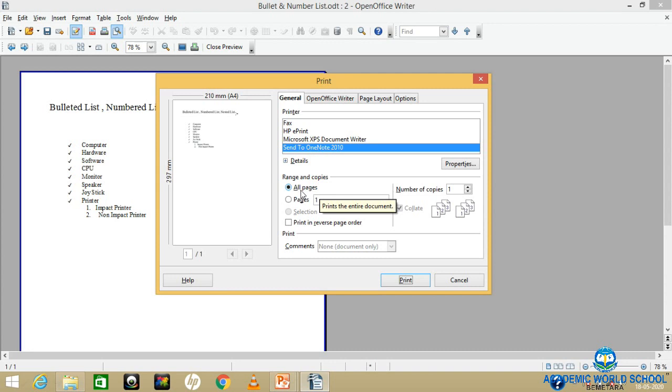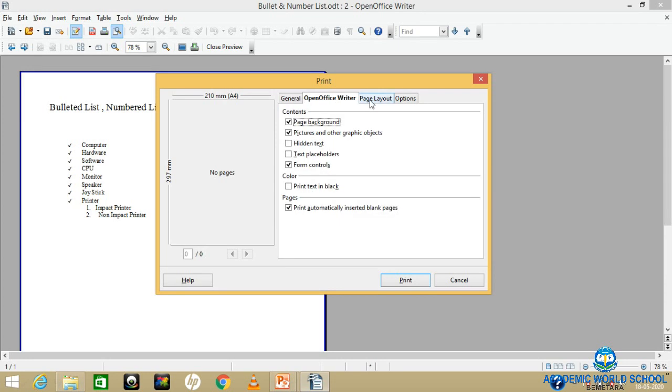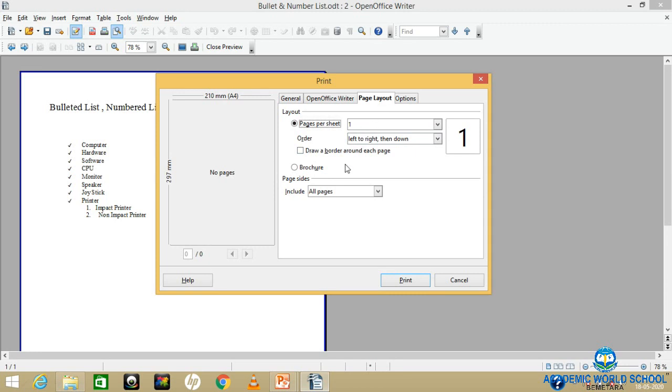And when you click on print, you can see here print, and the shortcut key is Ctrl plus P. When you press it, you will see a dialog box appearing here. This is also showing the preview of the page. Here you have to select general instructions. Here you will find the name of the printer, and range. All range means suppose you have 1 to 5 pages, you will select this option for all pages. Suppose you want page numbers 2 and 3, so you write here 2 comma 3 like this to print.